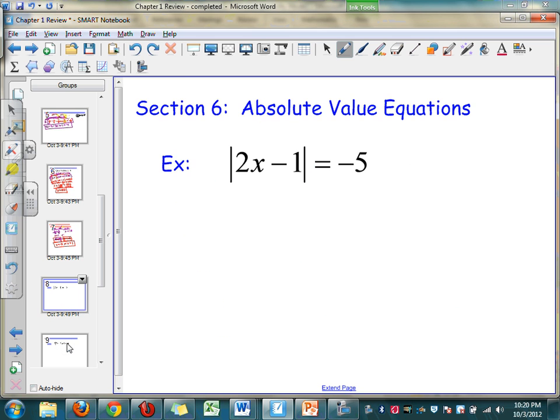The next thing we need to talk about are absolute values. And this is a section we just took the quiz over. Now I want you guys to first look at this thing and isolate your absolute value. So if I'm isolating my absolute value,